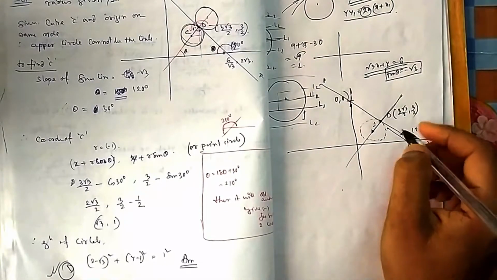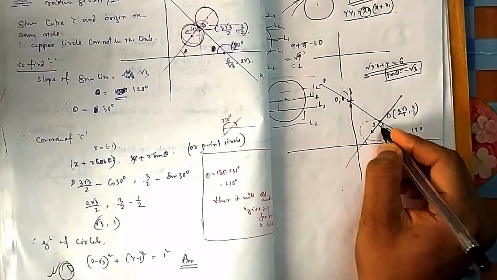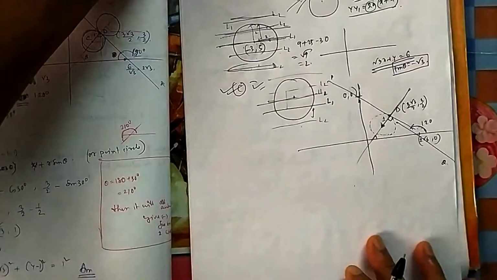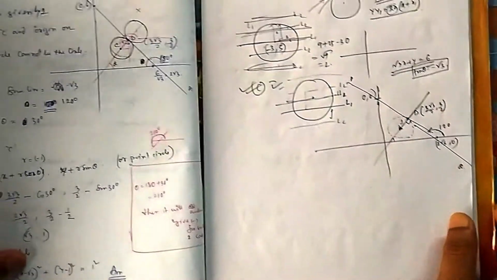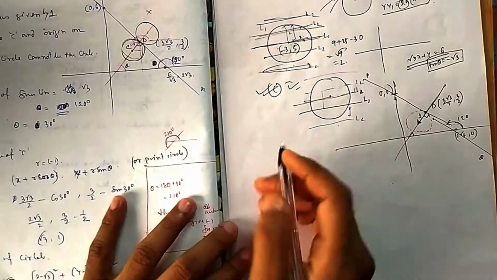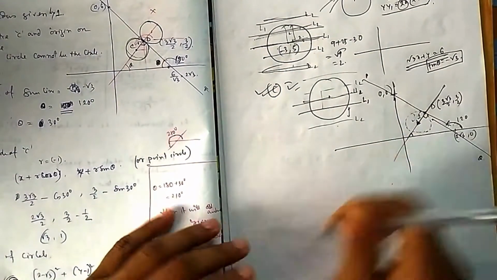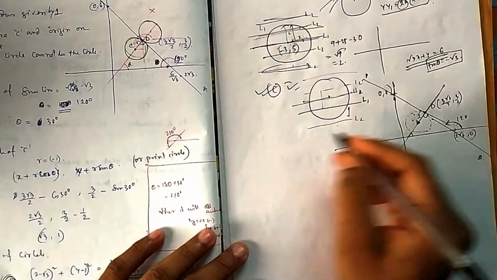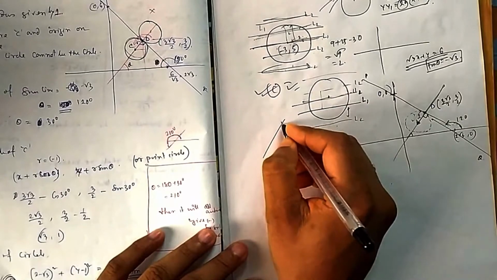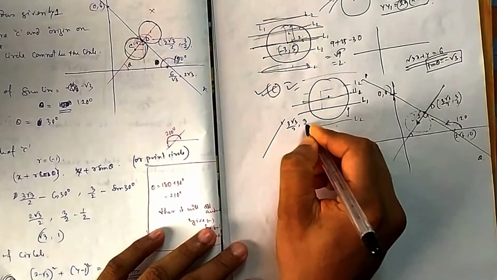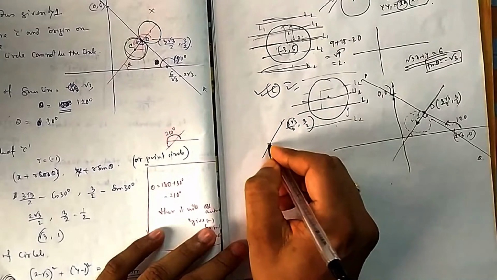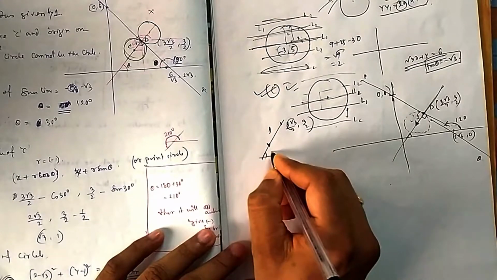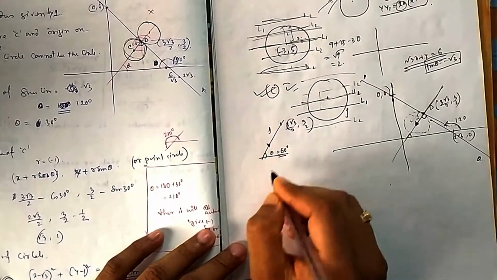Once you know this angle, you can find this angle because this is 90 degrees. Why am I doing so? Because of that straight line concept, the symmetric equation of a straight line, where we have found this length r. If you need to find a point which is r units from a given point, you can use this. It is very useful. This point is given as 3 root 3 by 2 comma 3 by 2. We need to find a point 1 unit below it, and you know cos theta and sin theta.